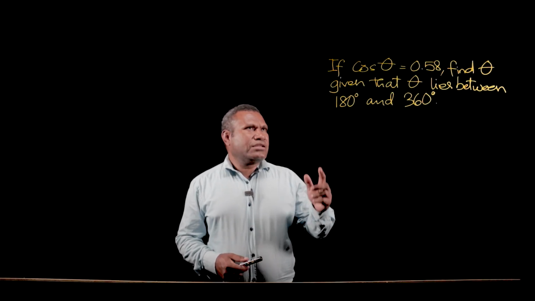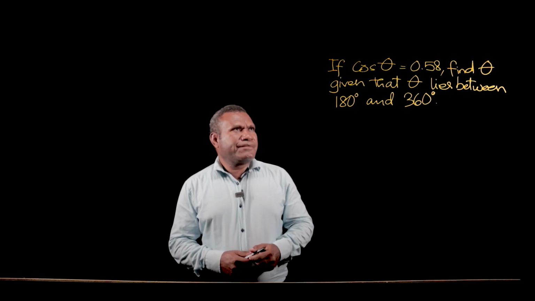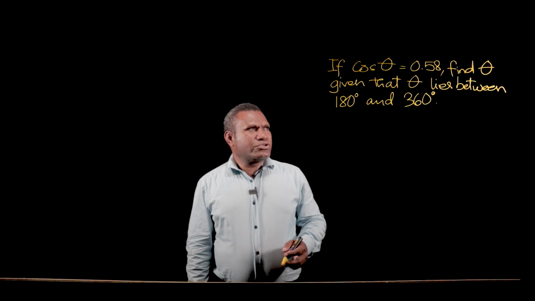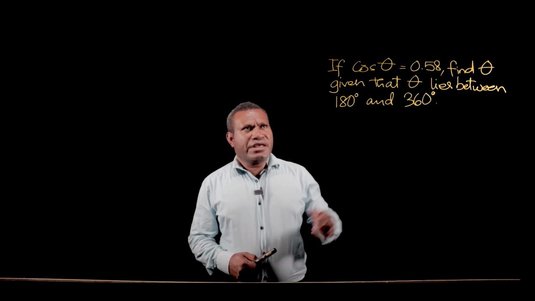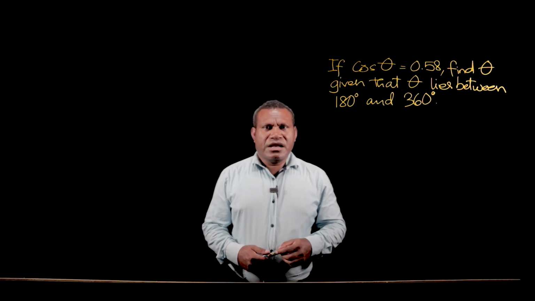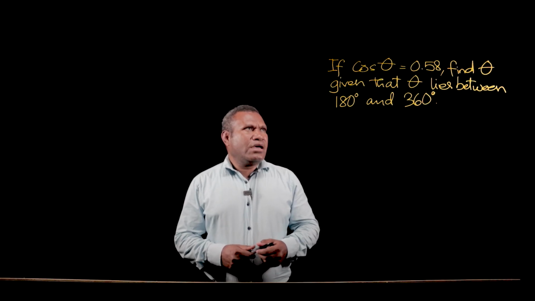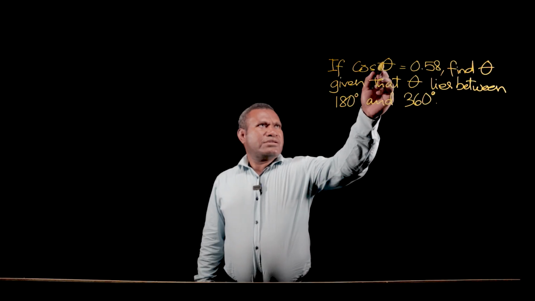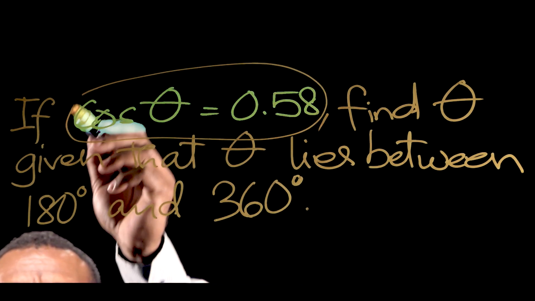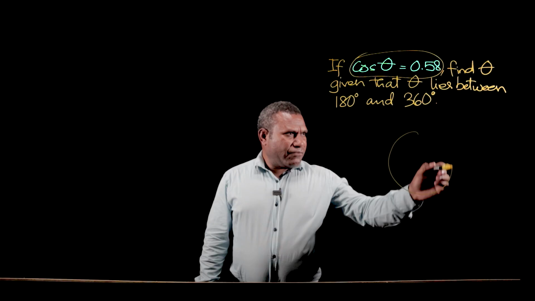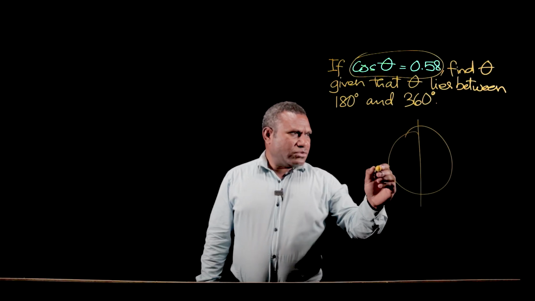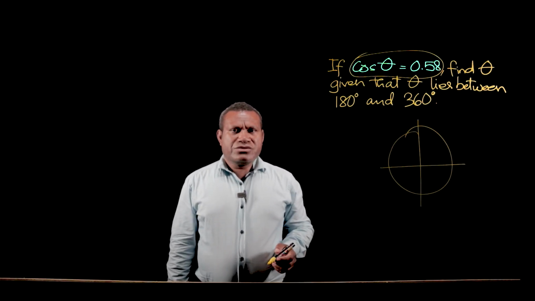Hello and welcome back. We're now going to look at a short answer question on trigonometry again. The question that we have here reads, if cos theta is equal to 0.58, find theta given that theta lies between 180 degrees and 360 degrees. Now we are asked to solve this equation. We are going to start with the idea of quadrant angles, as you have learned,